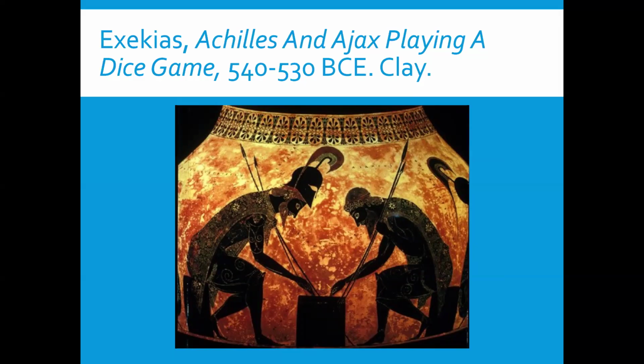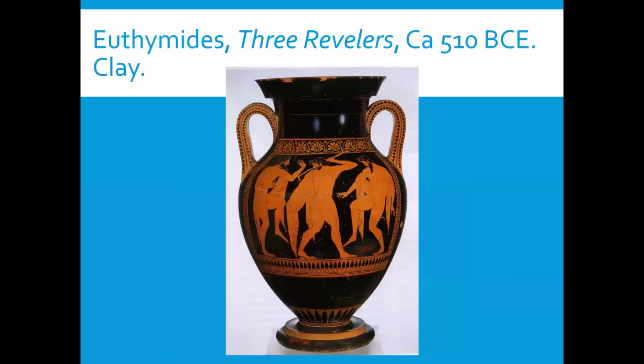So the black figure is a negative process where they dip the entire thing in the slip and then remove parts of it to create the composition. Notice that early on we still have that they're in true profile here, but we do still have the side eye, big side eye. And here we get to the red figure where they're painting on the